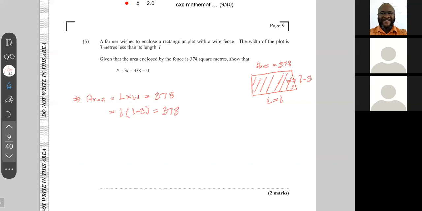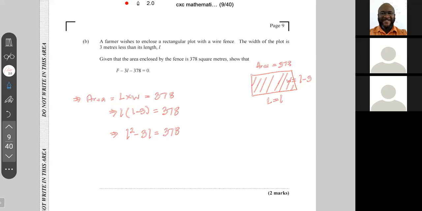So next, I'm going to remove the brackets by applying distributive law. Distributive law says whatever is in the bracket is multiplied by what is immediately outside the bracket. So we have L times L is L square. L times minus 3 is minus 3L. And this is equal to